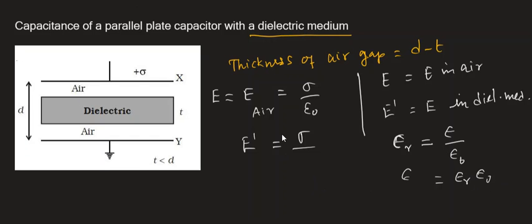Do you understand? So we can simply put first this one, and second epsilon naught, that can be replaced by this equation. So sigma divided by epsilon r into epsilon naught, where epsilon naught is the permittivity of free space, epsilon r is the relative permittivity. Okay, right. Then